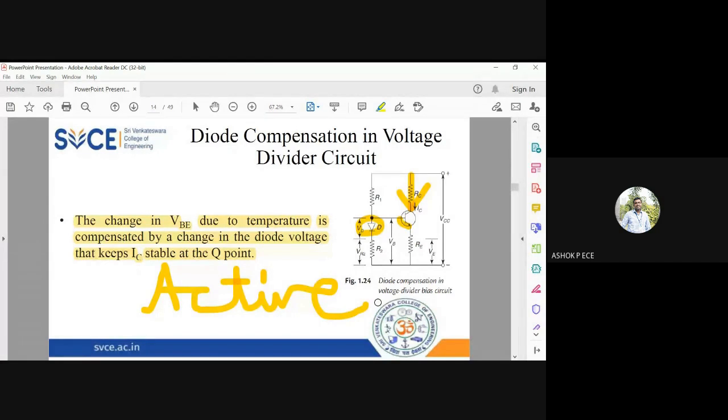And last thing, whatever circuit you take up for biasing, you should include all these bias compensation techniques. Either you have to use a thermistor, or you have to use a sensistor, or here now we are using a simple diode to ensure that the variation in VB is completely cancelled out in the